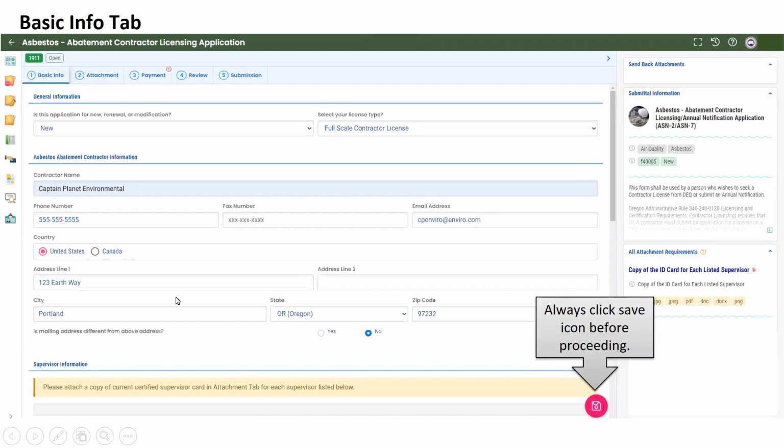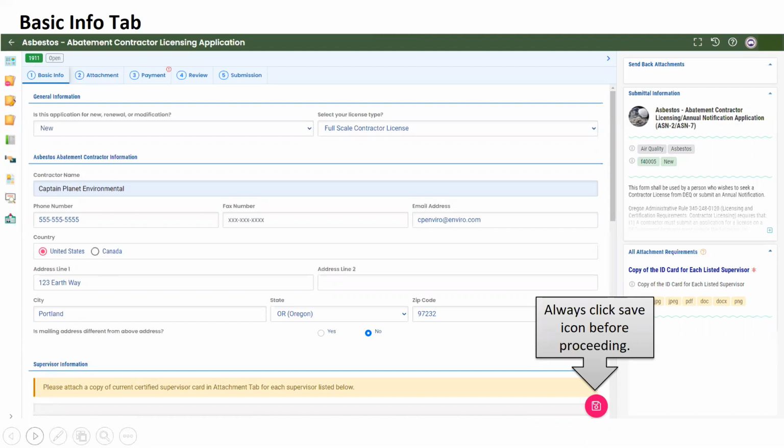So again, after you've entered all of the information that's required in the form, make sure you hit save. Make sure you hit save. I'm going to say that multiple times throughout this. It's really important because if you don't hit save and you go out of the system, it won't save the information you just entered because it won't assign a tracking number, and you'll have to start all over.